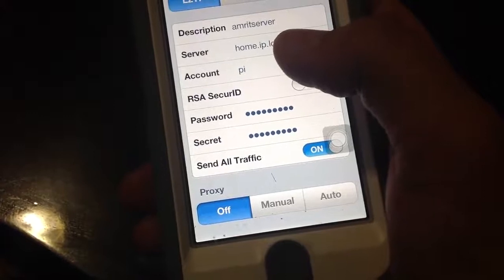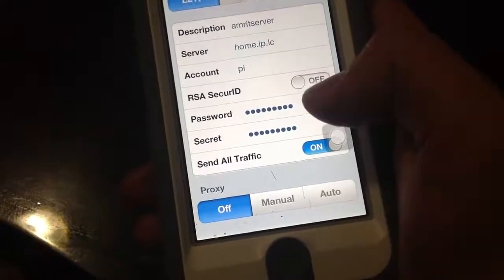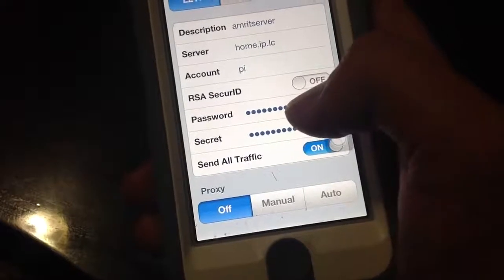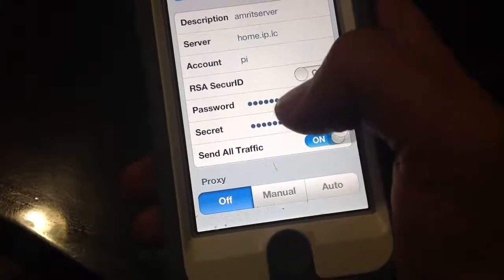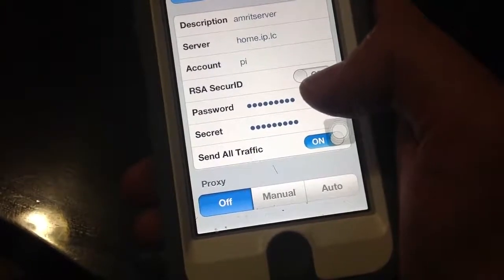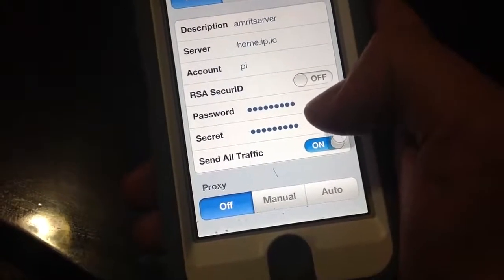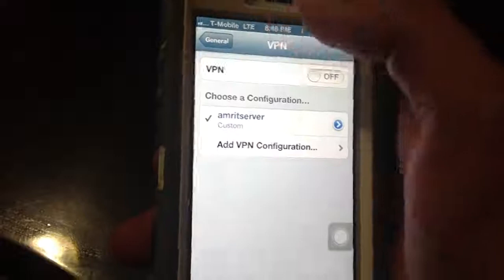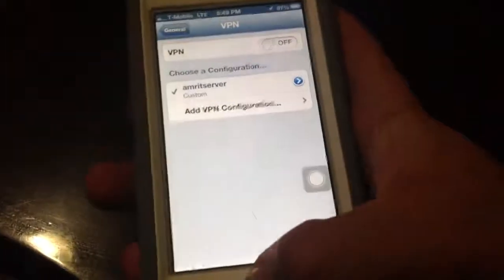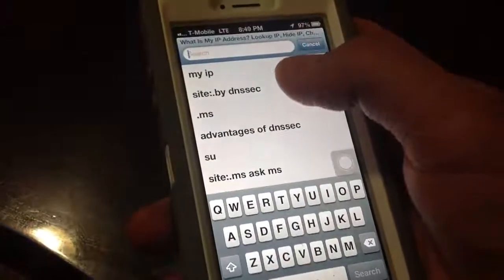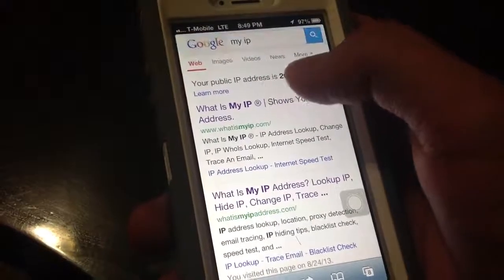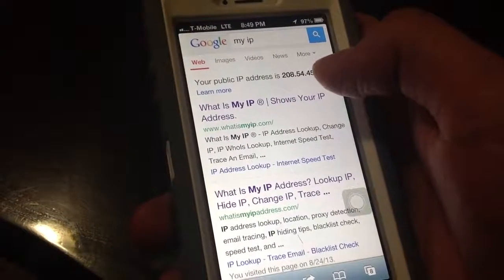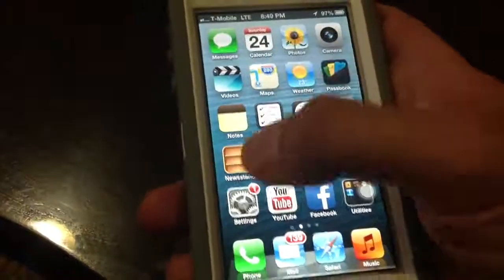Mine was Pi as default, and password was Raspberry, and the secret passkey that I had assigned was Raspberry also. So I typed in Raspberry here already, Raspberry here as secret and password for both, and I'm on LTE on my T-Mobile. So the first thing I'm gonna do is show you guys what is my current IP address. My current IP address is 208.54.45, right? Something that I'm assigned by